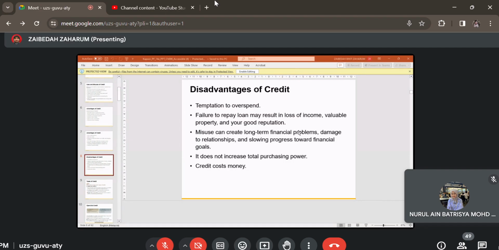Menyebabkan tadi accumulate of debt. Bila dah banyak sangat, you overspend and then maknanya you punya hutang tu bergada-gada. So it will make you difficult lah to manage you punya debt tadi. Yang kedua, keburukan dia adalah failure to repay loan may result in loss of income, valuable property and your good